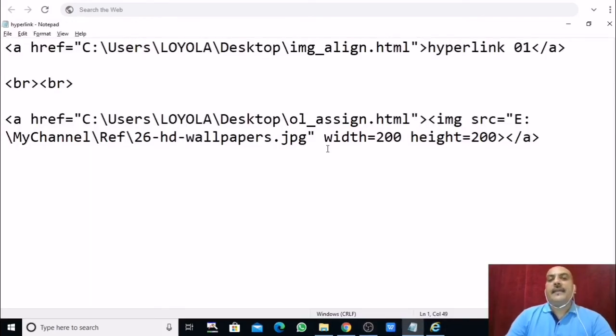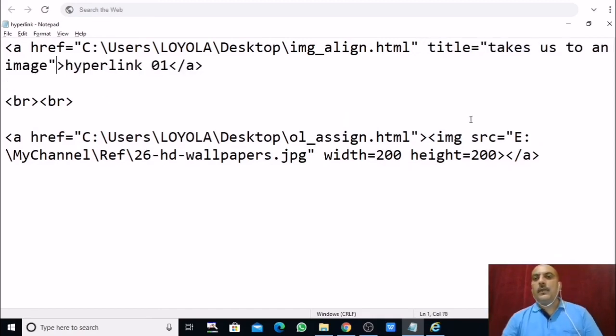Here is one more interesting thing: we can use the title attribute with a hyperlink also. We can use the title attribute with the image also, alt or title, and with a hyperlink also we use that title attribute, right? So here I am using a title attribute: space and give one title attribute. Title is equal to takes us to an image, then hyperlink 1. So here it gives you the details about that specific hyperlink, what that hyperlink is about, like what was happening with the image; that same thing we can do with the hyperlink here.